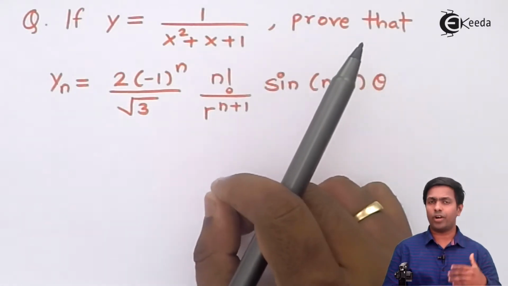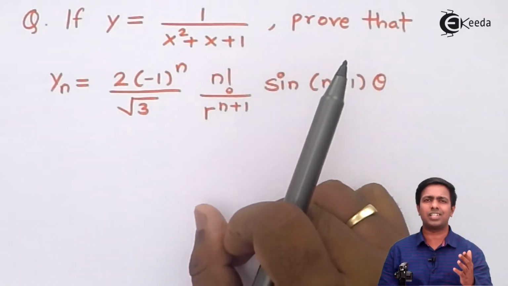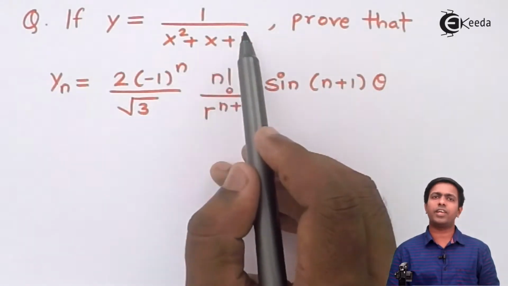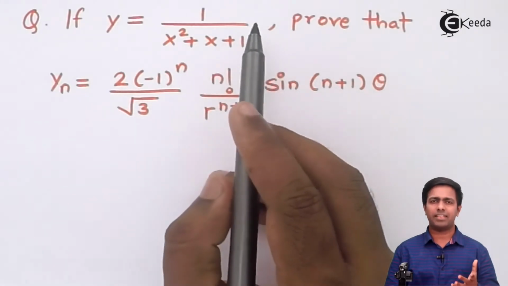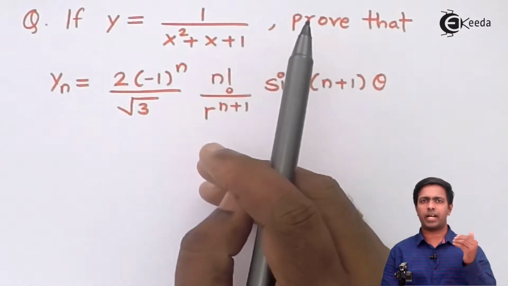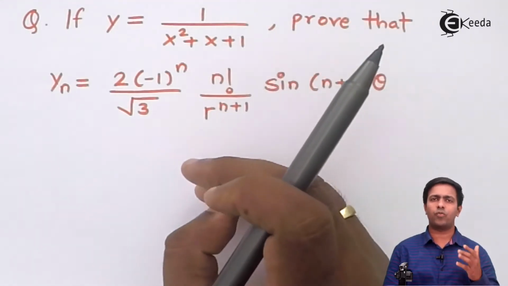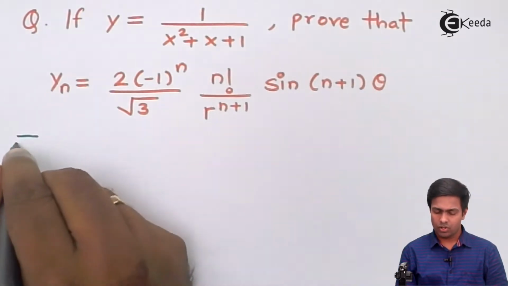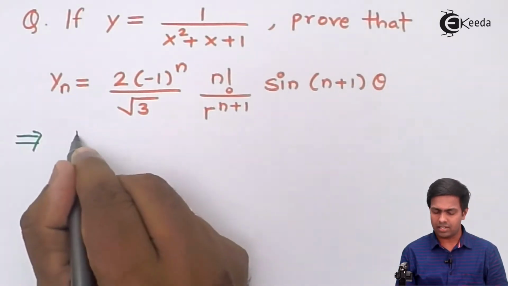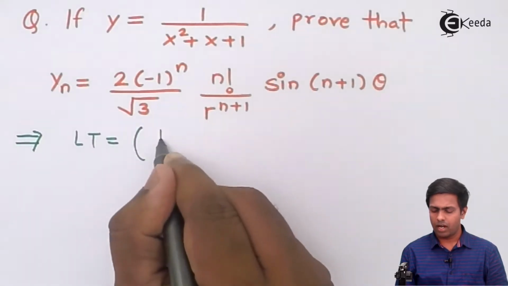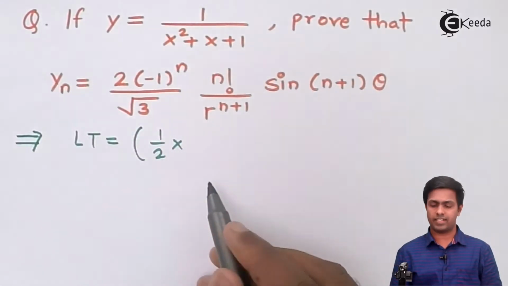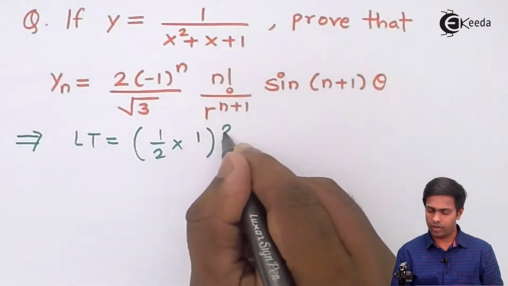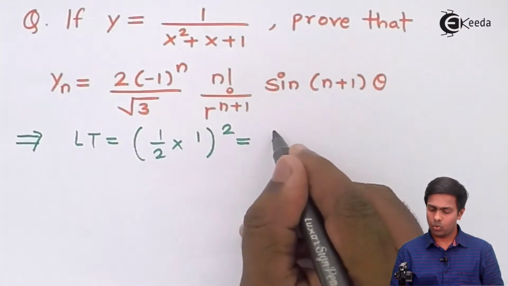So in the other way, what I'll do is I will try to find out the last term of this quadratic equation. So this is the first term, this is the middle term. Now we'll find out the last term of the quadratic equation, and then we'll add that last term, we'll subtract that last term, and we'll try to find out the linear factors. So guys, what is the formula to find out the last term? So in any quadratic equation, the last term is given by the formula half into coefficient of x, the whole square. Here coefficient of x is 1, so the answer is 1 upon 4.